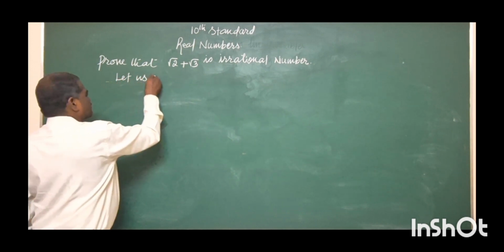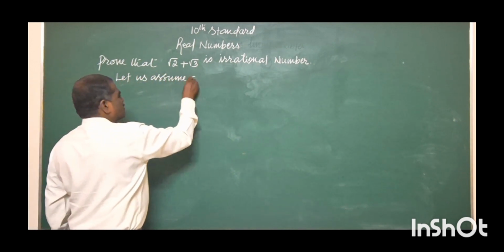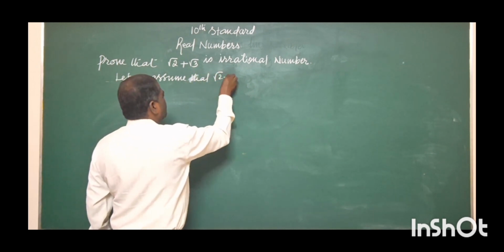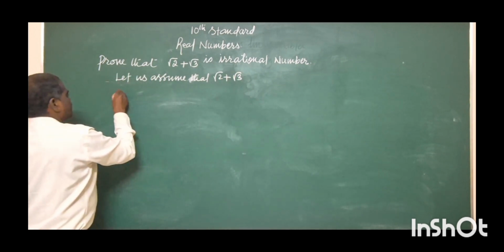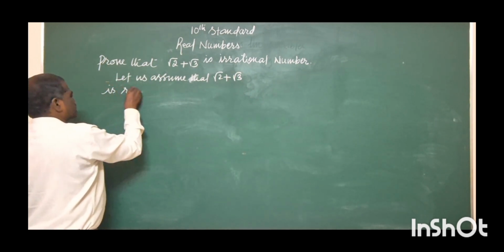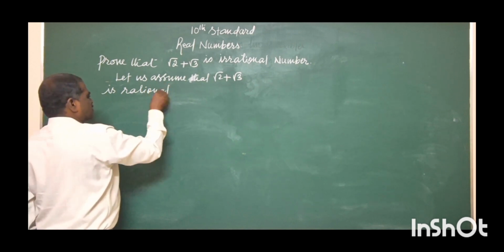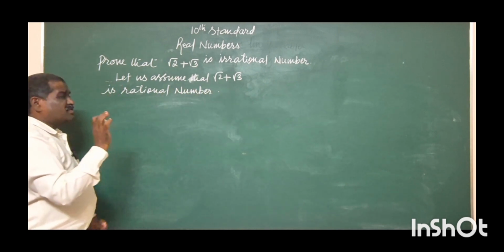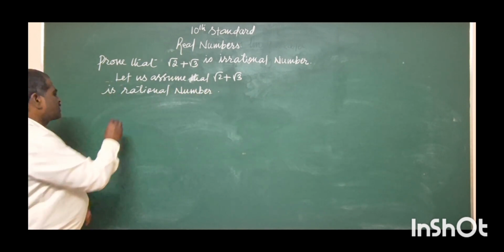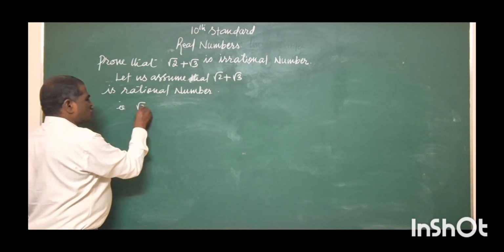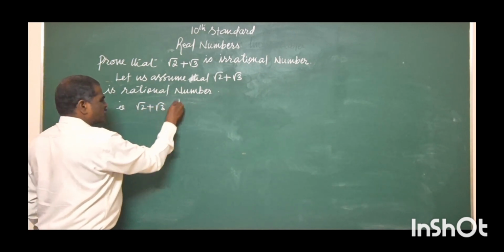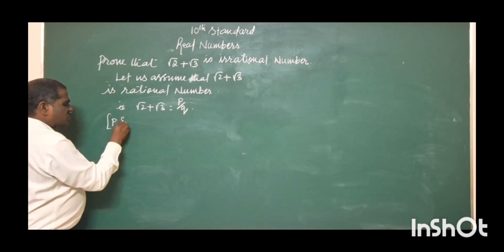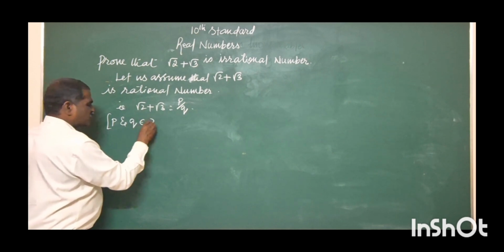Let us assume that root 2 plus root 3 is a rational number. We are assuming this value is rational. That is, root 2 plus root 3 is equal to p by q, where p and q belong to integers,